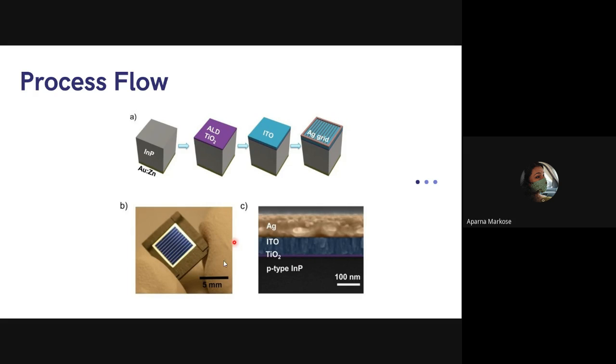So the finalized look of the solar cell will be like this. You can see this is a very small solar cell for testing purposes only. I'm saying this for the new students who never saw a test solar cell, or never heard about it. You might have seen the bigger solar cells, but for experimental purposes we make very small solar cells like that, and this is 5 millimeter only.